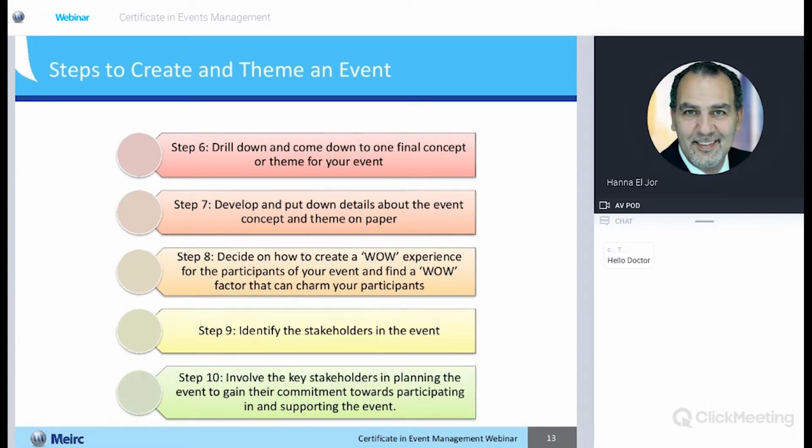Now, we need this theme or concept for our event so that when people leave our event, they go like, wow. So the wow effect, when we talk about events, should be there. Otherwise, it'll be like all the rest of the events. People won't be motivated to go there. People won't have the incentive to go there. It has to be unique. It has to be different to catch that wow effect from the people.